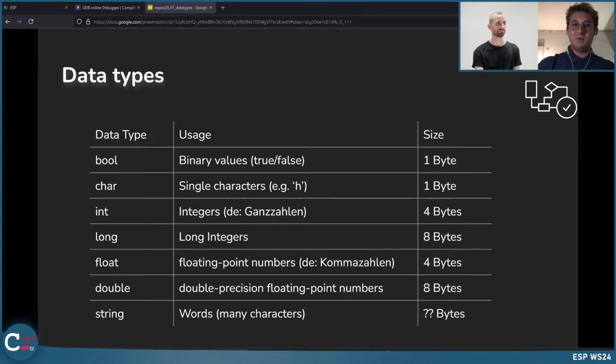If you have a character with 1 byte and you have now 5 of these characters concatenated, it's just 5 times 1 byte, so you have a string with a size of 5 bytes if you have 5 characters, for instance. Yeah, and it's great, but it's technically not correct in C, but we will come to that. It's kind of a cliffhanger because it is 5, but it should be 6, to be honest. But we'll see that when we use string literals in C.